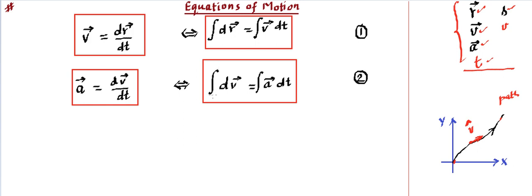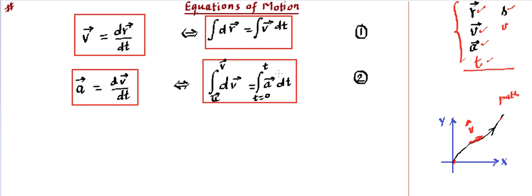If we start at time t equal to 0, time starts from 0 and goes to any time t. We will start from the initial velocity and go to any velocity v. So these will become the limits. The limit has to be placed on the velocity, from initial velocity to final velocity, and on this dt, the limit has to be placed on t. Whatever comes with d, that limit has to be placed. So it starts from 0 to time t, and velocity starts from u to v. This u is called the initial velocity, and v is known as the velocity at any time t.